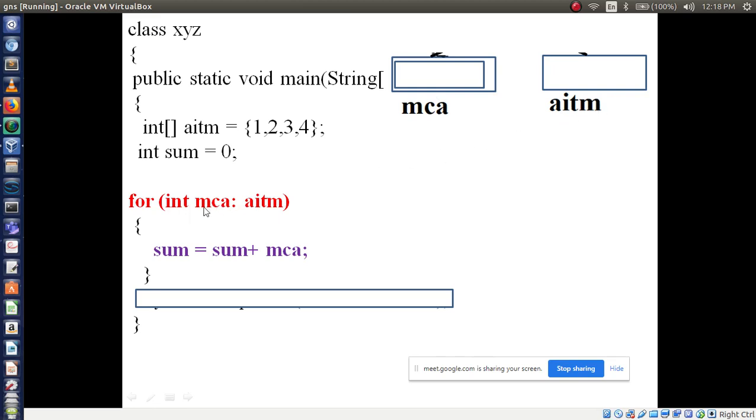after executing this for loop, what will happen? Whatever contents are there in the array, what are the contents? Array elements: 1, 2, 3, 4. 1 to 4. Now what will happen? It will shift onto the MCA variable. See, it is shifting from the array to the MCA variable. Shifted,